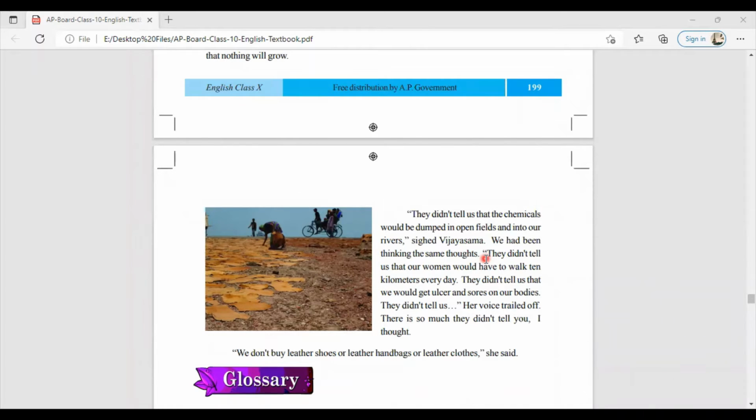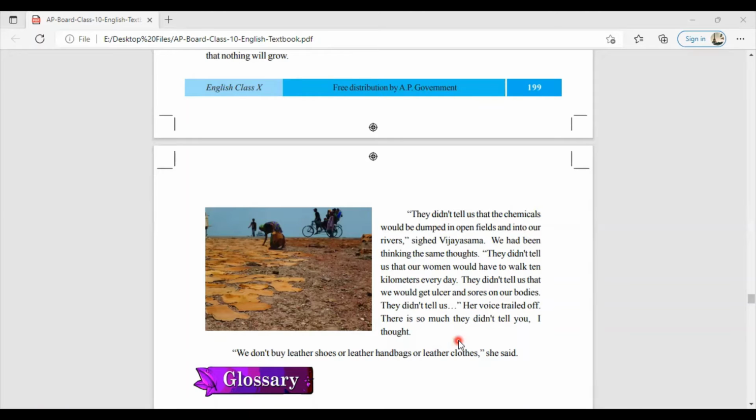rich also. But these chemicals poisoned their fields so that nothing would grow on the land. They also got ulcers and sores on their bodies. And all of this left them in a state of despair. Now, what is this despair? The sad situation, right? This is the story from Ponimanturi village.